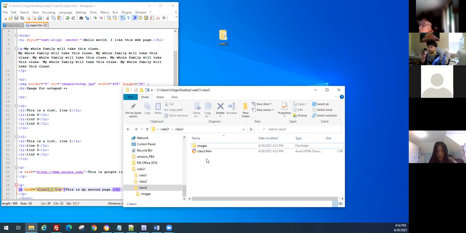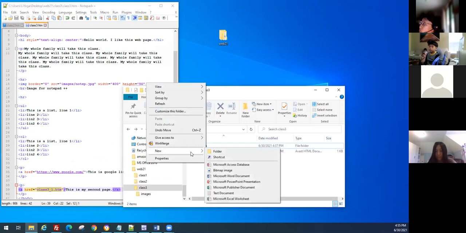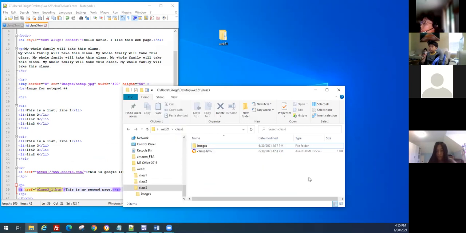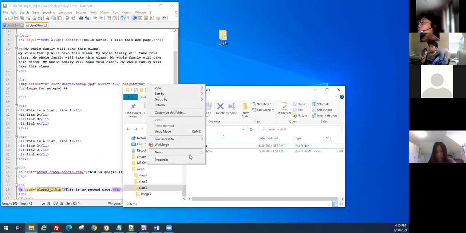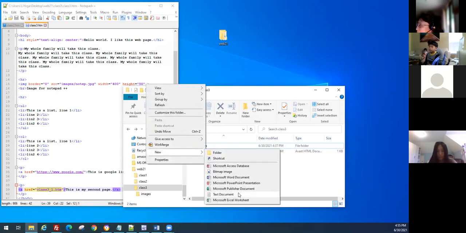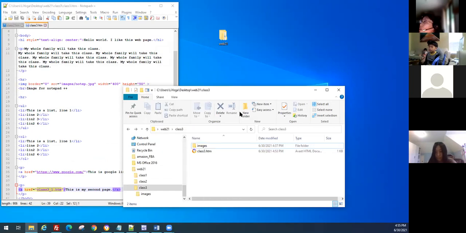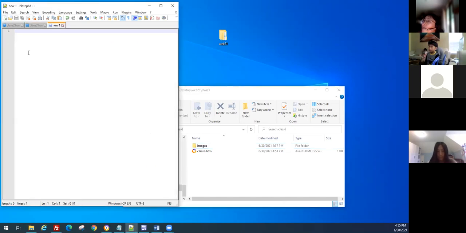So what we do is here. I'm not going to do it this way. I can create a new text file and name it as that. Or here in Notepad++, this icon lets you create a new file. And then we have a new page. So this is page 2, just for test purposes. I don't have all the right tags. I cannot remember all the tags. So I just type